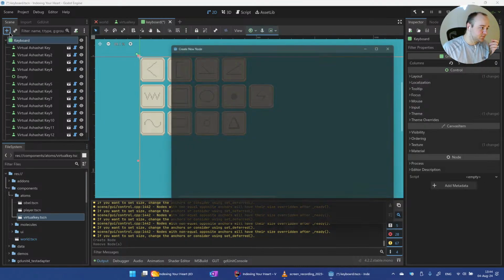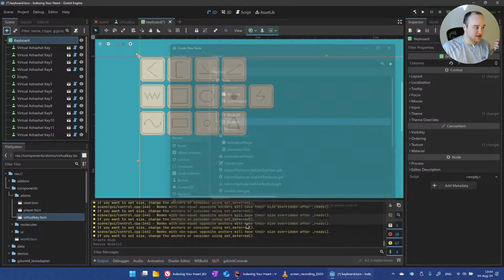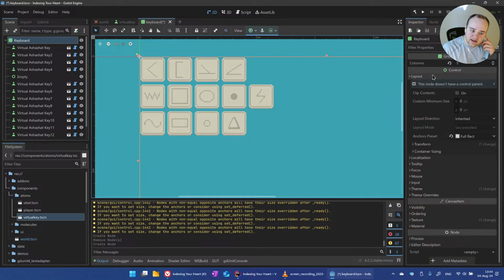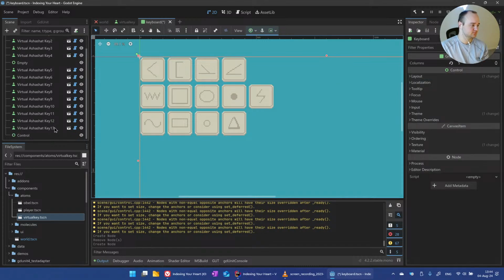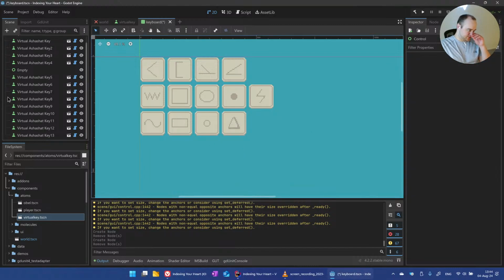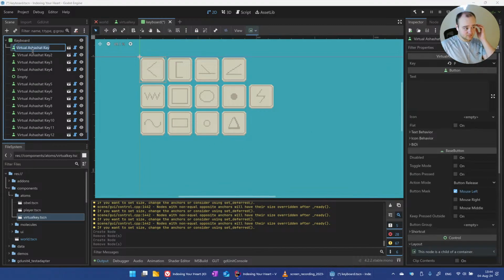Okay, so maybe... What if I did just maybe, like, a basic control node? Would this do anything? Layout. This node doesn't have a control parent. Okay, cool. Not sure why that matters. Transform. Yeah, okay. Whatever. So I guess we can just say that